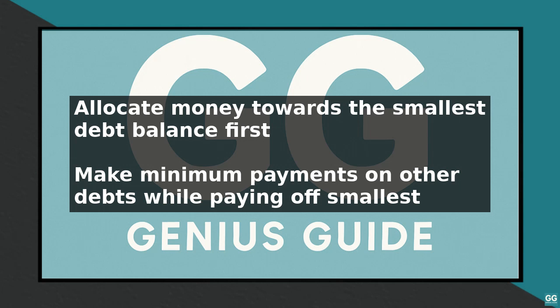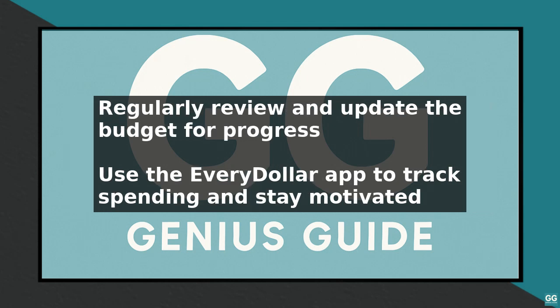balance, you would pay as much as possible towards the $500 credit card first, while making minimum payments on the $2,000 credit card. Once the $500 credit card is paid off, you would use that money to pay off the $2,000 credit card. To make the most of the EveryDollar debt snowball, make sure to regularly review and update your